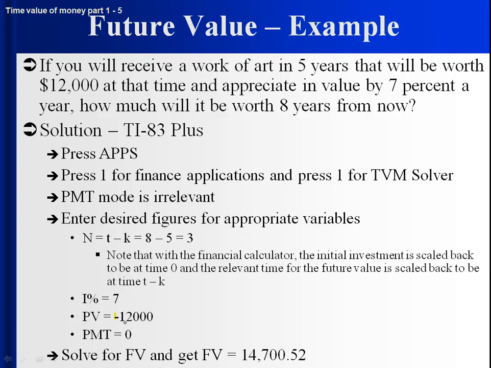We can think about it. We had to spend 12,000 to get it. So if I spend 12,000 on this piece of art in 5 years, how much will I have in 8 years from now? Well, it's in 5 years that we would spend the 12,000. We want to know how much we'll have in 8. So we'll have the 3 years, n equals 3, return of 7%. So it's, we saw before, put in 12,000 and then it grows by 7, by 7, by 7%. Solve for FV,